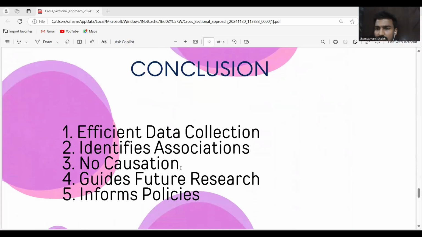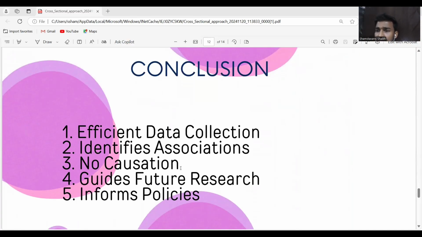Conclusion: cross-sectional studies offer an efficient way to gather data from a large population at a single point in time, providing a snapshot of key variables without the need for long-term follow-up. This approach allows researchers to identify associations,